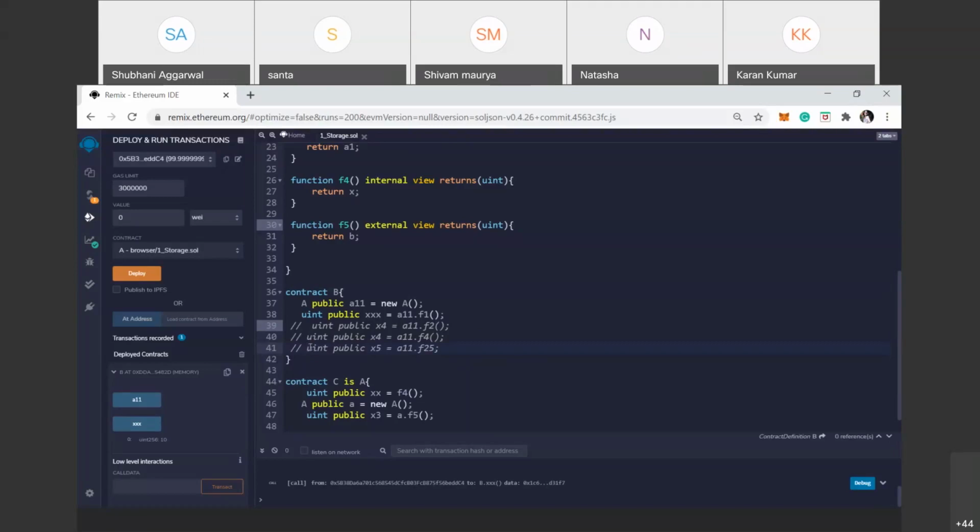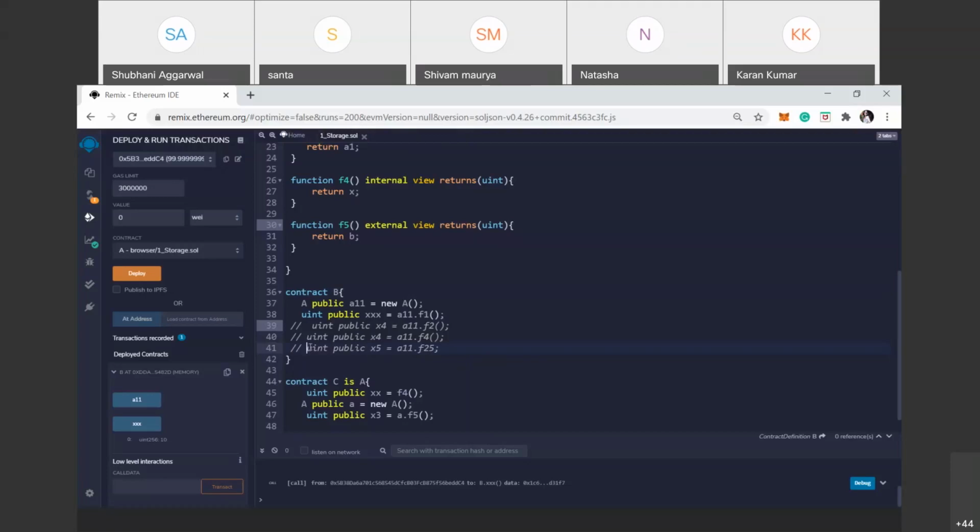Okay, if you're deploying the contract B from A, then you can call only those functions which are public in nature and defined in contract A. Then you can use those functions in B. Okay, external and internal functions are accessible only in derived contracts, not in deploying contracts. If it is derived from that contract, then you can call internal and external functions.